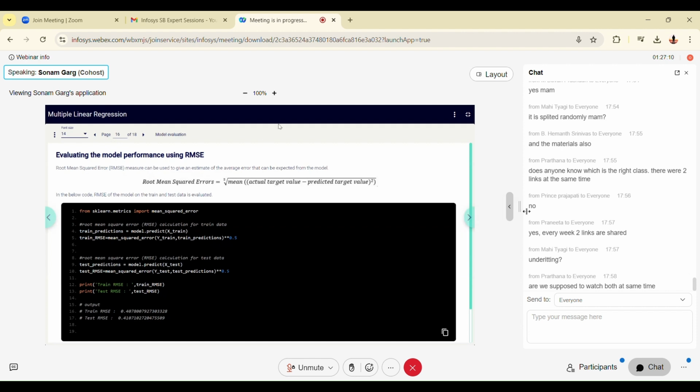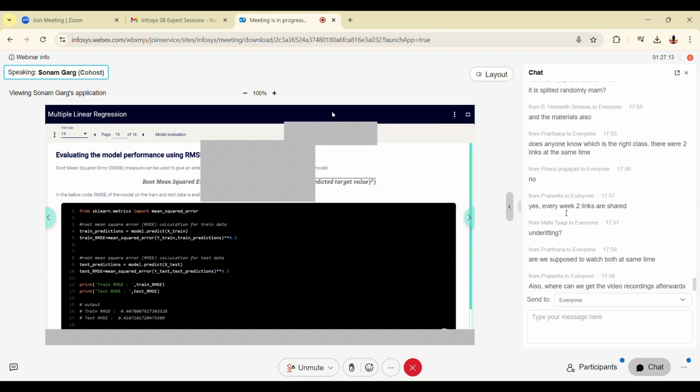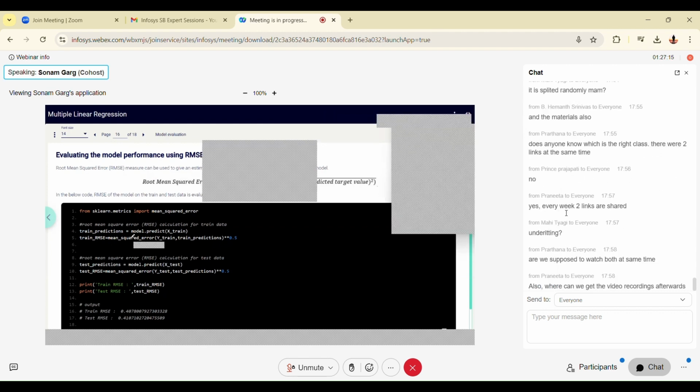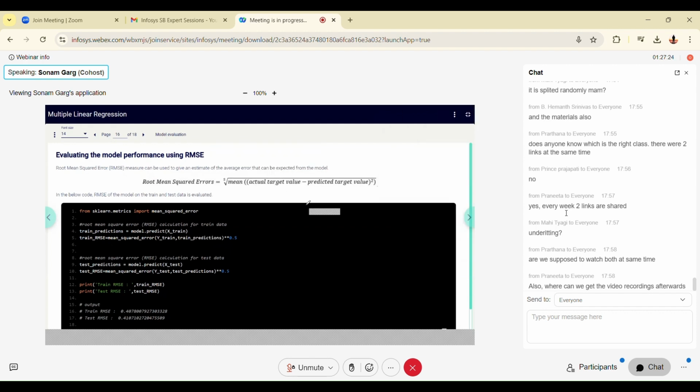So let's see, how do we predict now? This component is new here. Till now we have developed the model using the training data. Once you have developed the model, now we are asking the model to predict y values for the training data. In this step, we are asking the model to predict the y values for training data and find the root mean square error here. So we have the original y train values, and we have calculated the training predictions from the previous step. Use them and find the root mean square error.